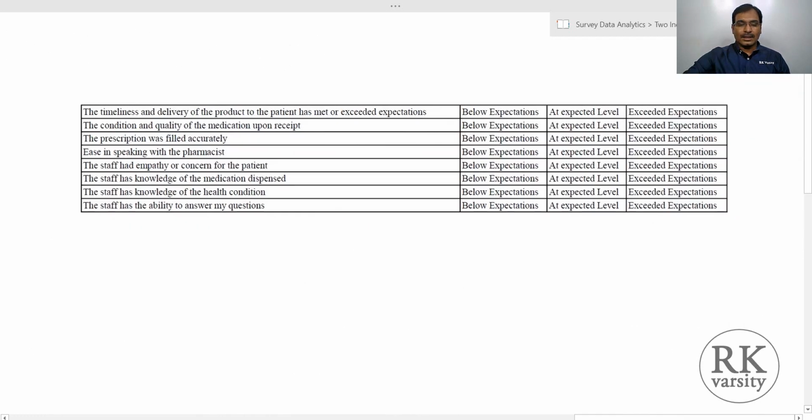Now this feedback form is administered among patients who visit a pharmacy store. The pharmacy store has pan-India operations, and for this purpose it randomly selected two outlets. One is in a downtown and another one is upcountry. So this questionnaire, or the feedback form, is administered among the patients who come to buy medicines, randomly.